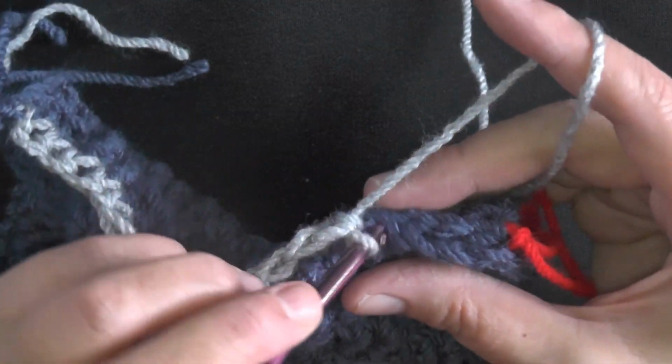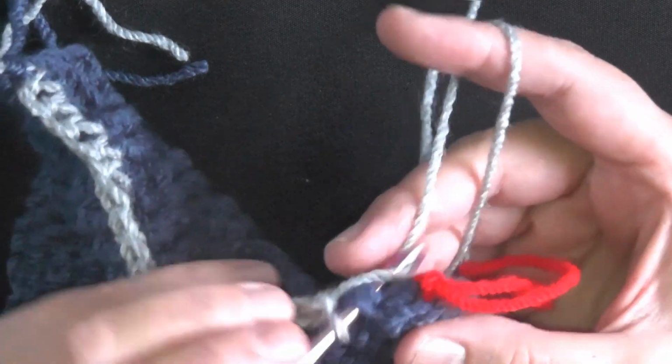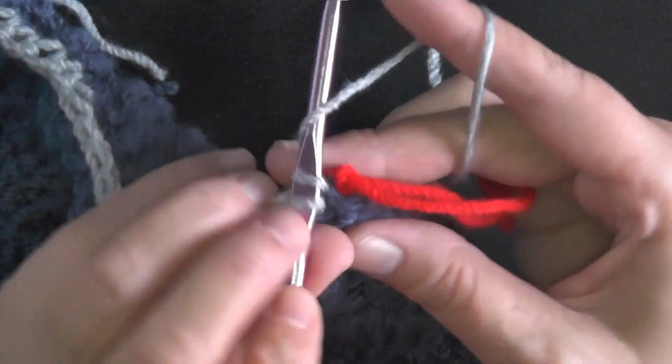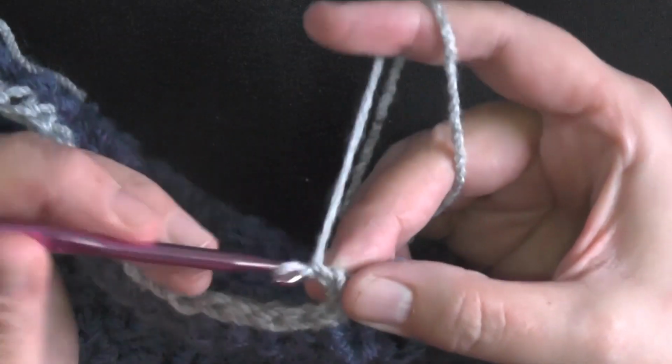I'm just trying to keep it, I wouldn't say loose, not tight, and as uniform as you can. It's going to look the best. Now this is the very last stitch. Now I can remove my marker, and now I like to chain one, at least one or two, and you can open